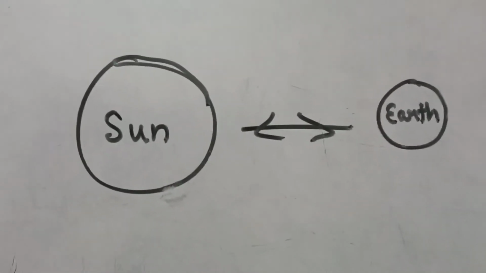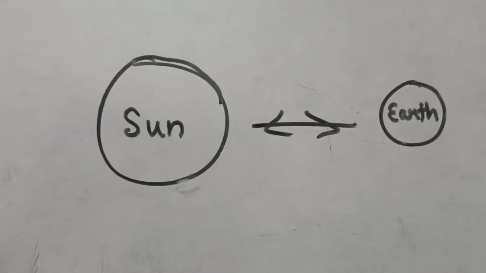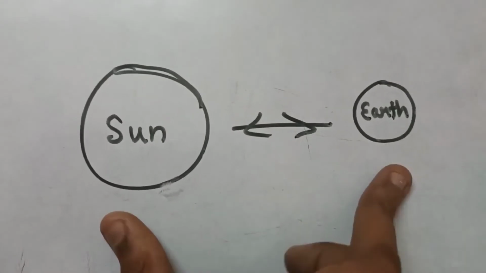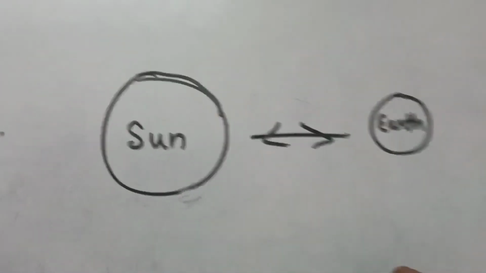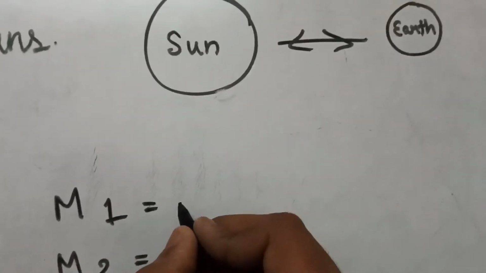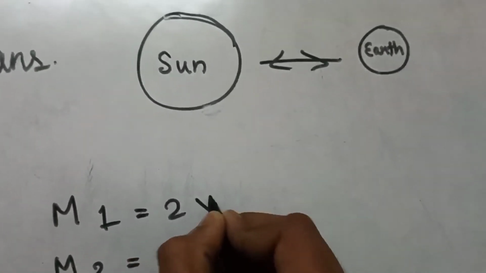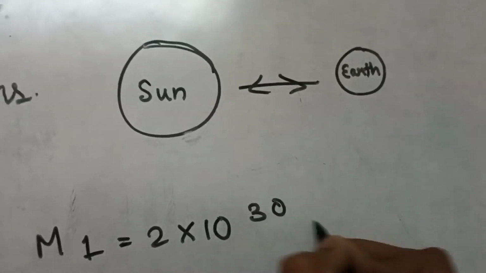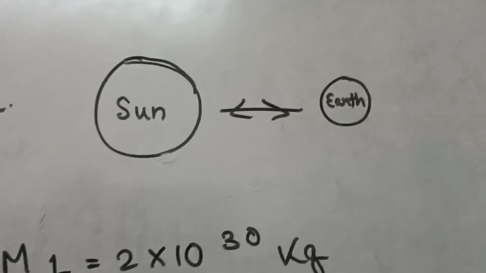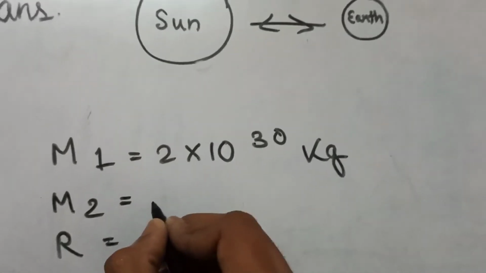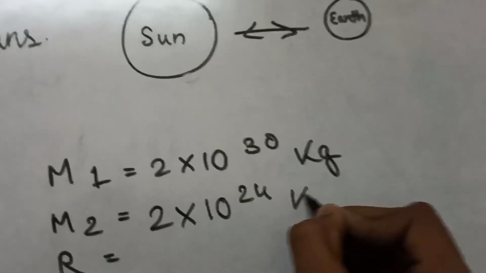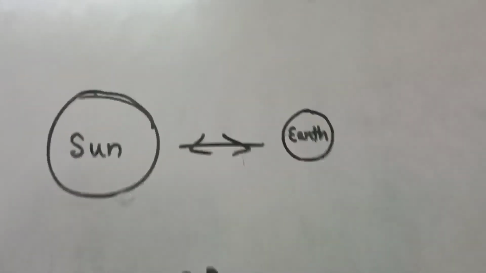जो 37th क्वेश्चन है वो भी काफ़ी हद तक हमारे पिछले वाले क्वेश्चन टाइप का ही है, बस इसमें डिफरेंस ये है कि हम सन और अर्थ के बीच में जो ग्रेविटेशनल फोर्स है वो कैलकुलेट करेंगे। तो हमें क्वेश्चन में दे रखा है that सन का जो मास है that is 2 into 10 to the power 30 kgs, so वो हमारा m1 हो गया। Then अर्थ का मास हमने पिछले क्वेश्चन में भी देखा और इस क्वेश्चन में भी given है that it is 6 into 10 to the power 24 kgs।